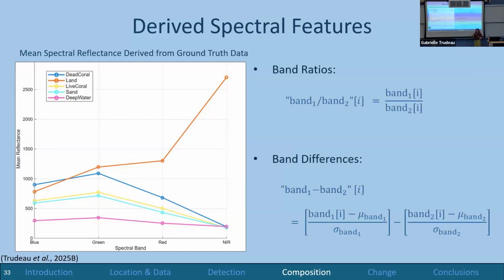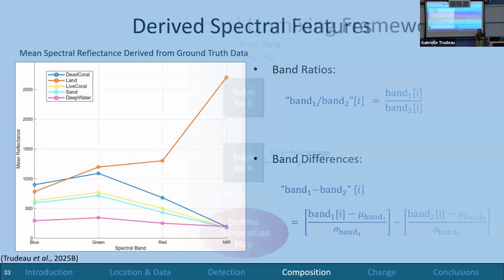The first way is we're actually going to boost up that input data set. Inspired by what we do in remote sensing a lot, we use traditional indices, like the normalized difference water index or the normalized difference vegetation index. The vegetation index, for example, looks at the near infrared band and the red band and uses that to better identify vegetation. Rather than picking 2 bands, I'm actually going to use all of the bands, but I'm going to calculate band ratios and normalized band differences. So our input data is going from 4 inputs to 16 inputs. I'm getting 12 from these. So that's the first thing we're doing.